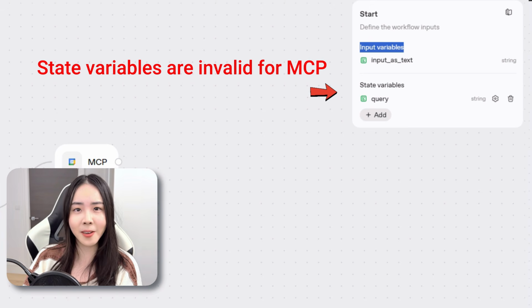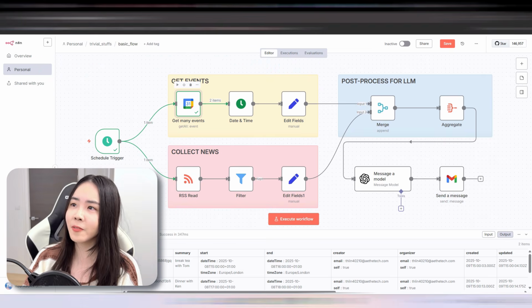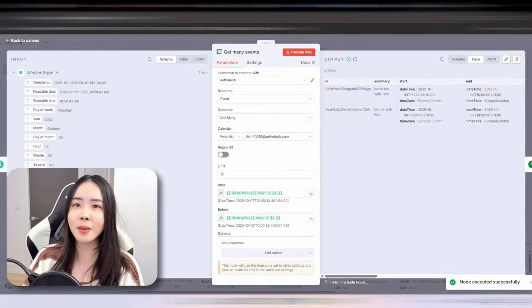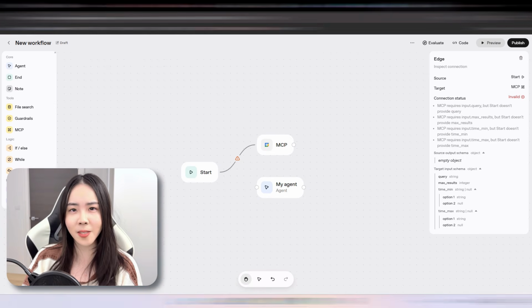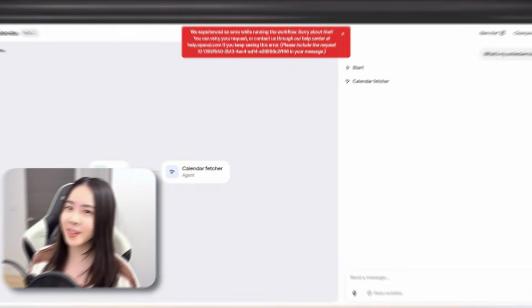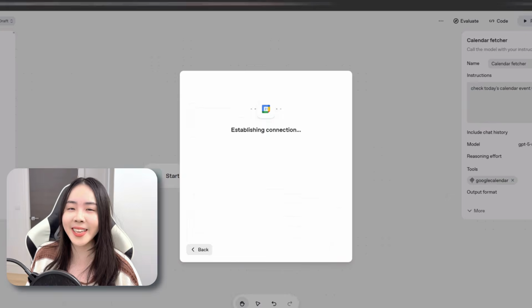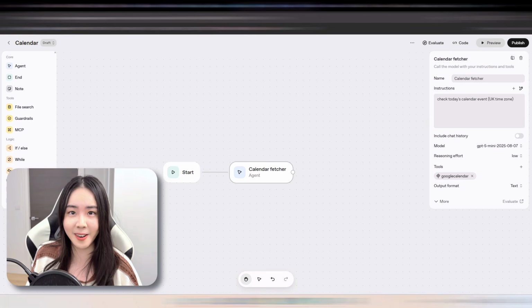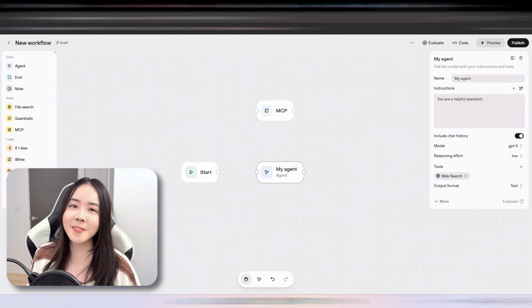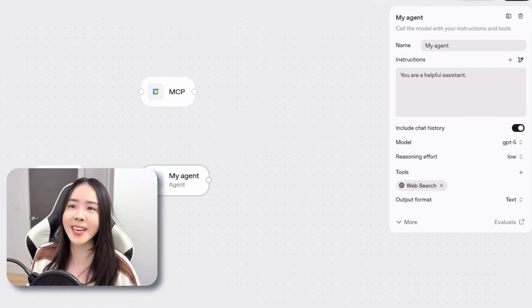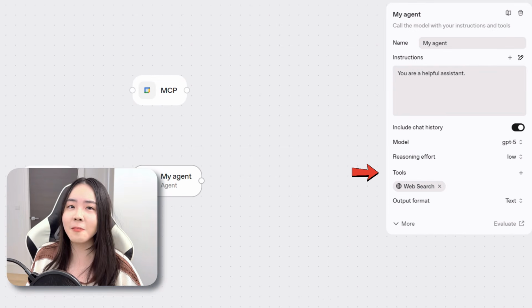The tool is there, but you have no way to connect it or pass data to it in the workflow. This is a fundamental design difference to N8N, where every node is built to seamlessly pass structured data to the next. And here, it just doesn't work this way. After hours of trial and error, and I'm pretty sure we're the first channel on YouTube to actually get the Google-related MCP to work, we found the only solution, which is to add the Google Calendar tool